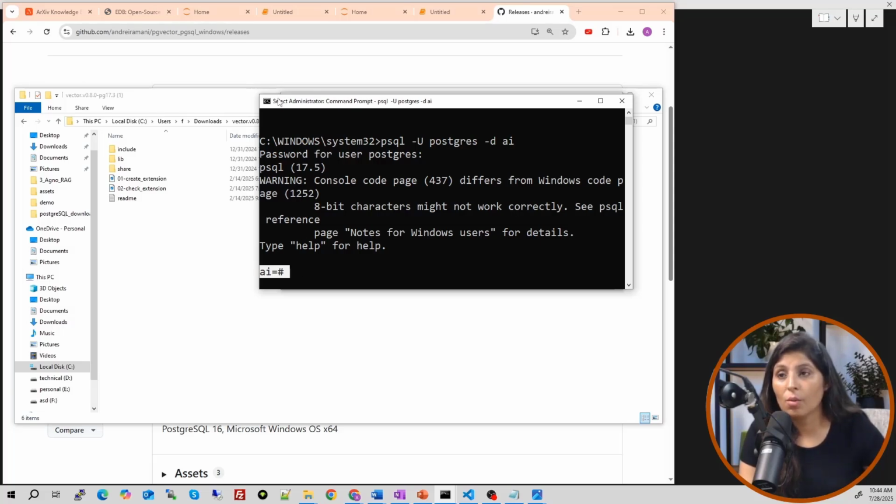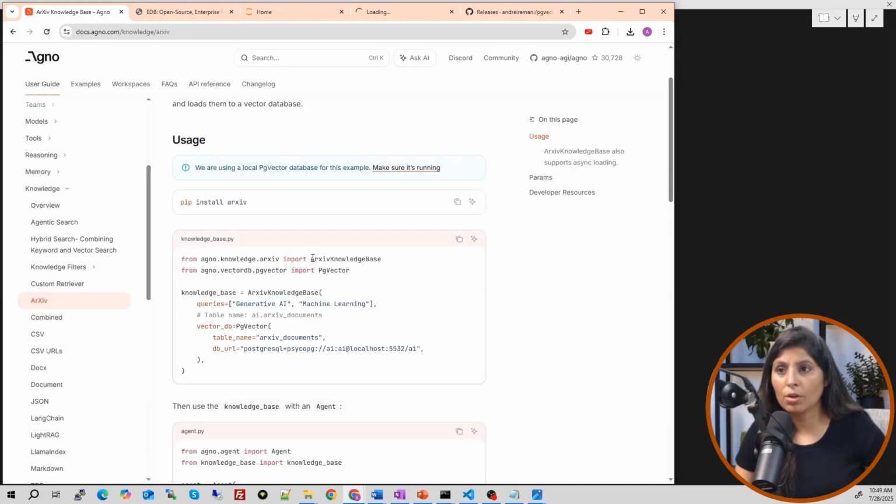Now let's go back and run the Agentic RAG application. We are going to use this archive knowledge base. This will fetch the real-time latest papers from the archive website. Then we are going to store them in the PostgreSQL database using this PG Vector plugin.